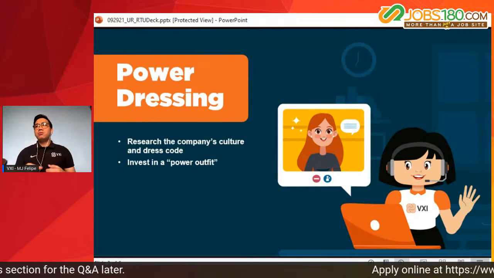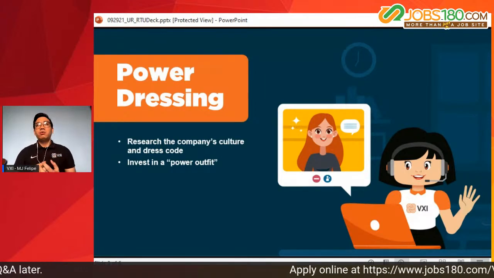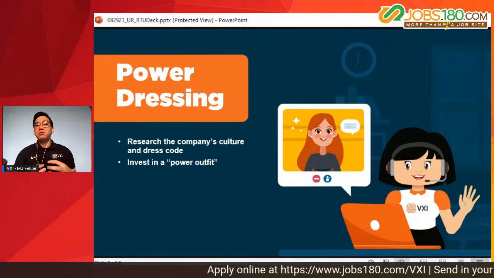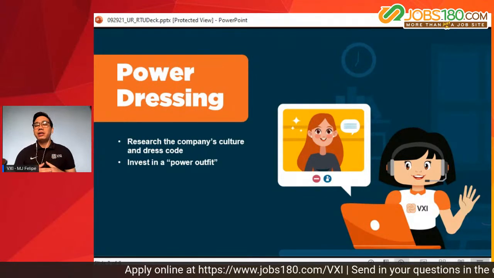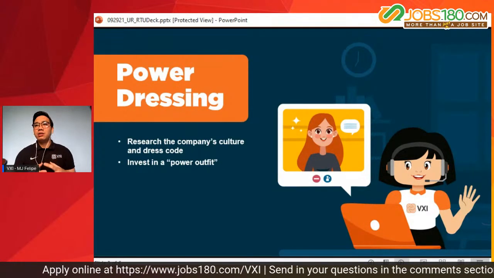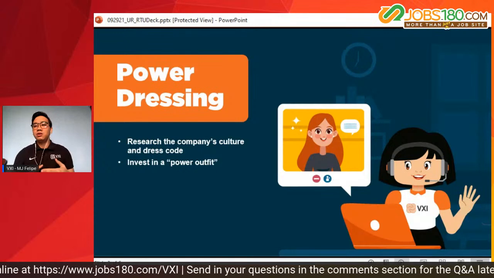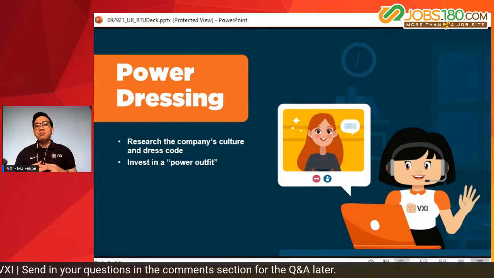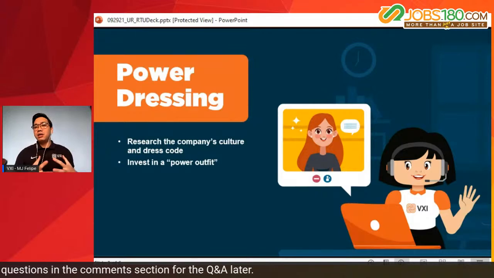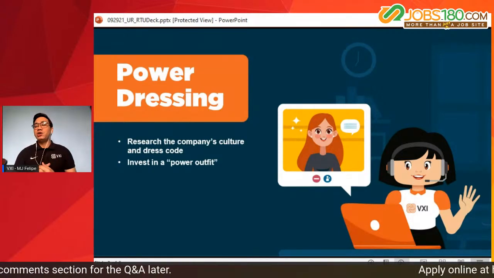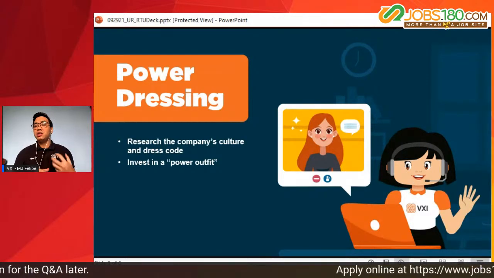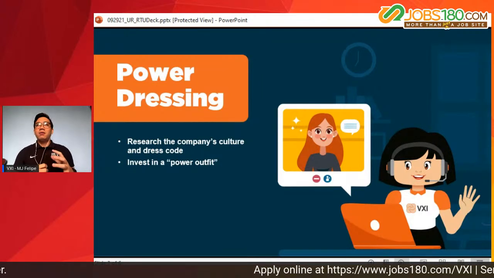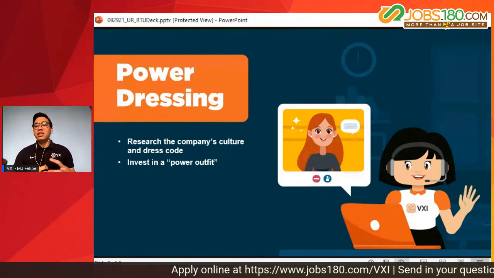Okay. So one tip that I can give you guys is to invest in clothes that you could wear several times, kahit pag ulit-ulitin nyo, matibay siya and you know that you could wear it several times. Kasi hindi natin alam gaano kayo katagal or gaano kadaming interviews yung a-attendan nyo before you land the job. So it's really important that you have an attire that you could